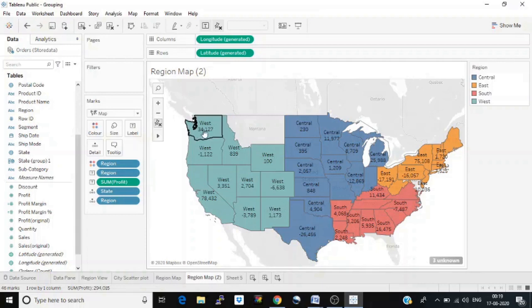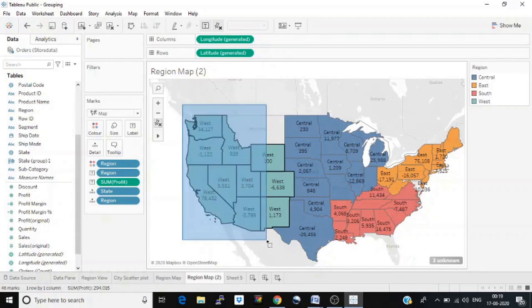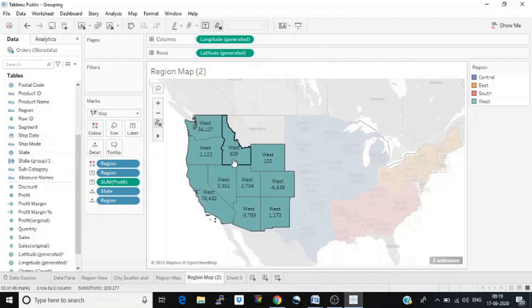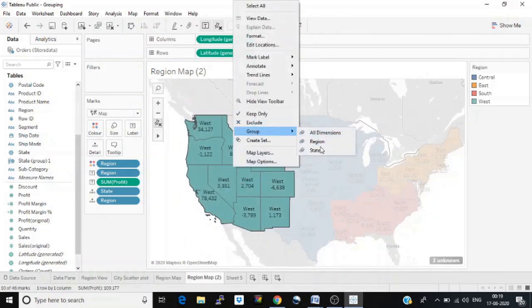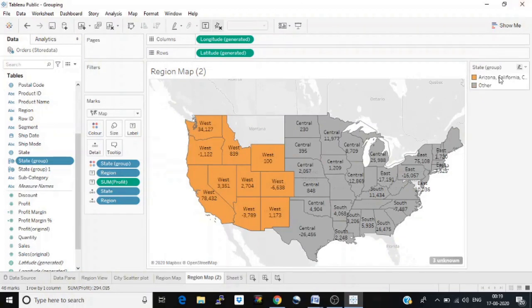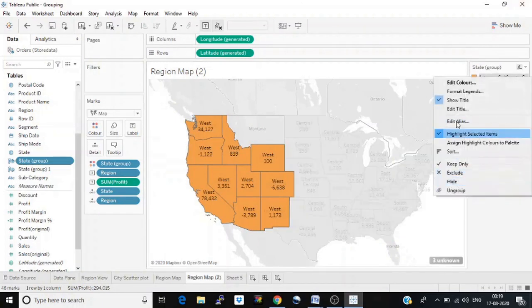We will mark all these regions into groups. So select the West region and group it into state and name it as West region.